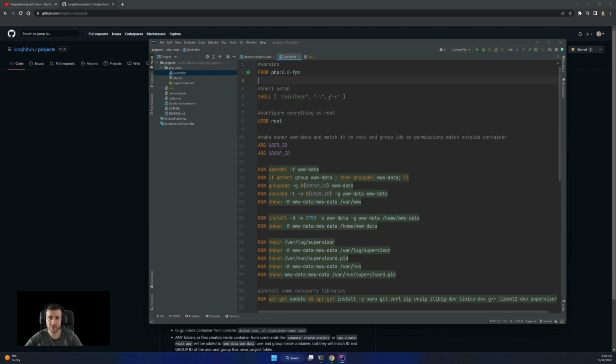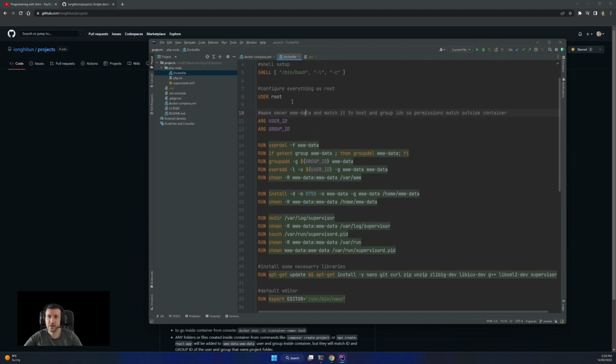Even so, you'll see in next lessons, for some others I'll use PHP 8.1. Maybe I'll even go to 8.2 since it's out this month. But yeah, we'll get there. We have this command to set the shell to bin bash. I like that. Then the USER command is to define the user that you are running the next commands as.